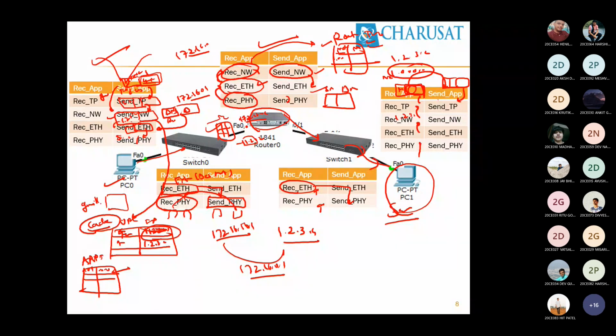Then it is given to the transport layer. The transport layer prepares the header and sends it to the network layer. The network layer prepares the header with the host IP, the source IP, its own IP, and the destination IP. Where will the destination come from? The source and destination IPs that were here, it will swap them. So now let's talk about the horizontal communication.